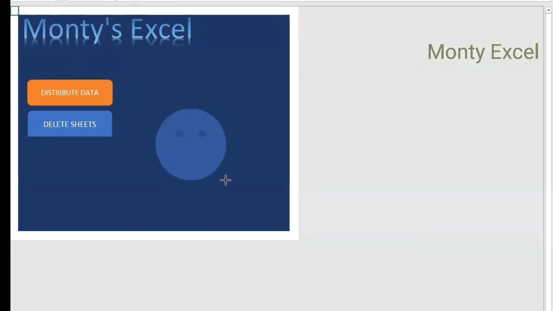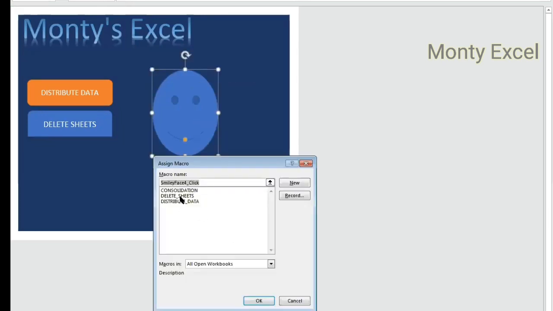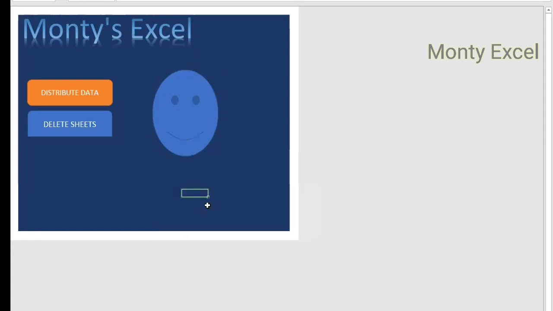Okay. I've taken something like this. You can take anything for that matter. Assign macro, delete sheet, consolidation. Once I say okay, what this is going to do is, when I click on this, it will create a brand new sheet called consolidation, and it will consolidate all the data from Ajinka to Firoz